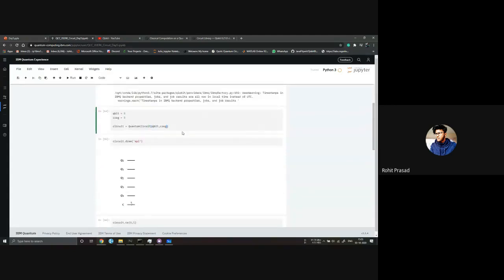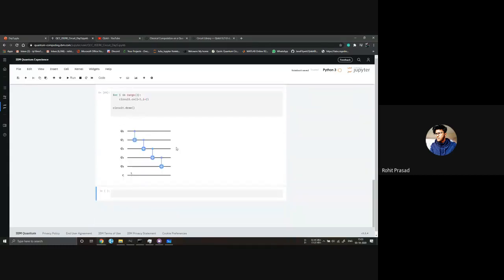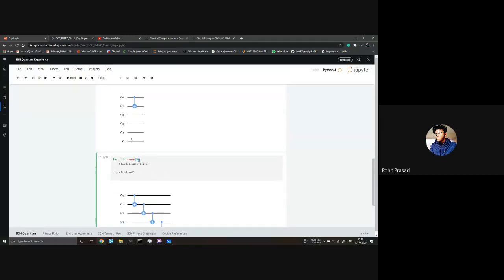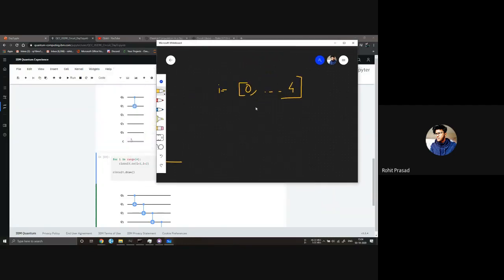So this and this. So now these are in place, right? What I did in the first part was I put a 4 here. So i went from 0 comma this comma 4. Okay, but if i is equal to 4, then i plus 1 and i plus 2.